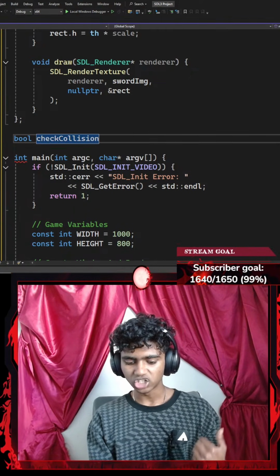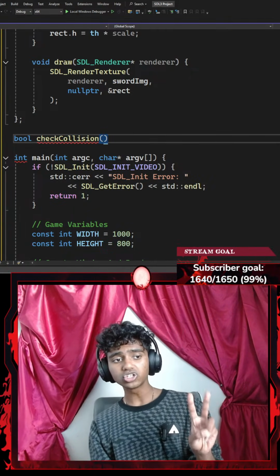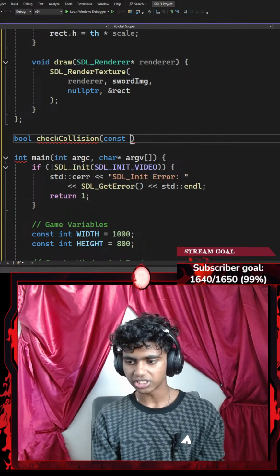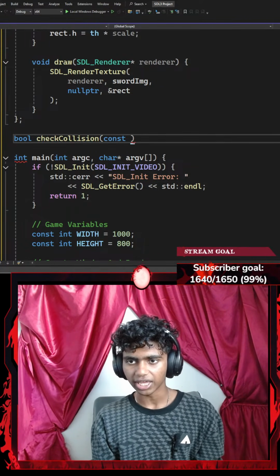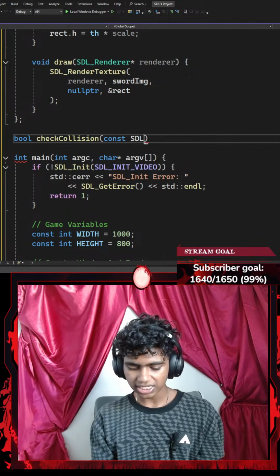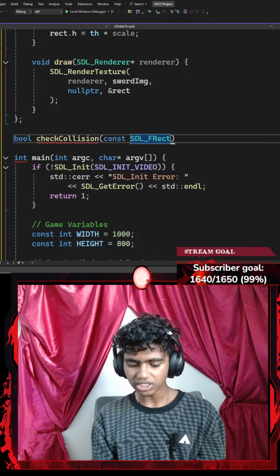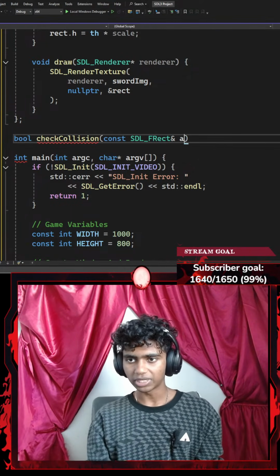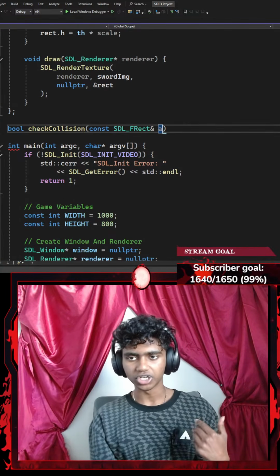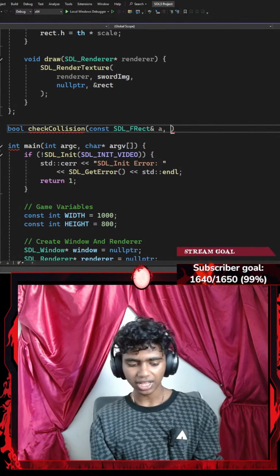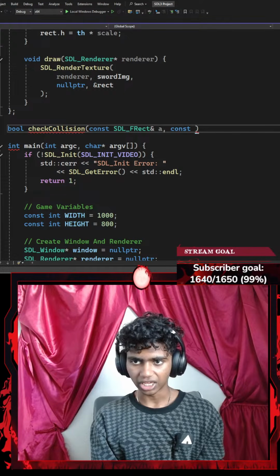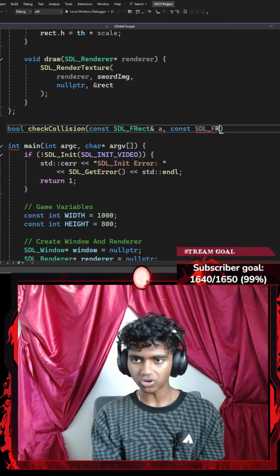I'm going to create a check collision function that requires two constant variables. The first is a constant SDL_FRect, which is going to be the memory address of my first object's rect. And then I'm going to go with another constant SDL_FRect,